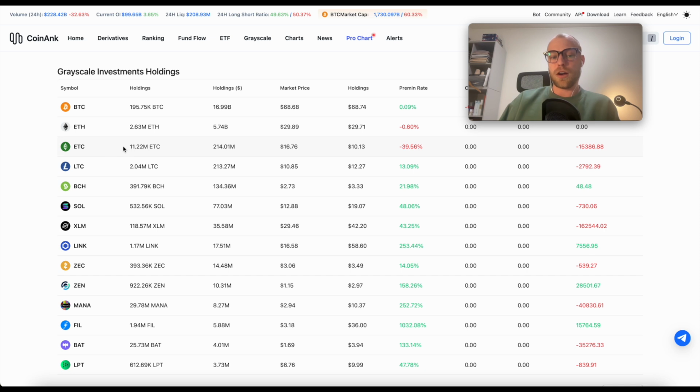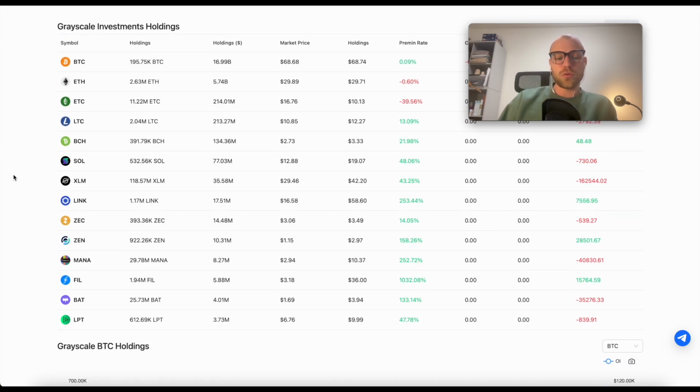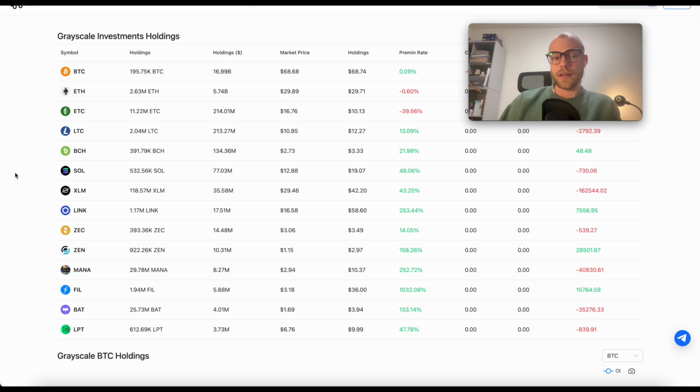So they just now, the third biggest holding of Grayscale Investments is Ethereum Classic. And what I find interesting is if you scroll through all their tokens, it's very interesting because they have a lot of Dino tokens in there. They have Ethereum Classic. Well, no one is talking about Ethereum Classic right now, but guys, this can be a